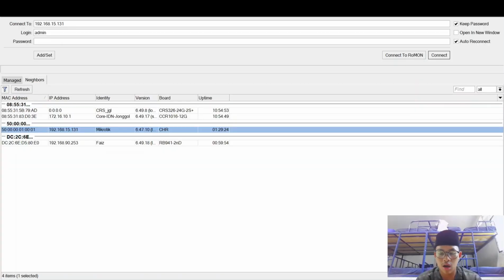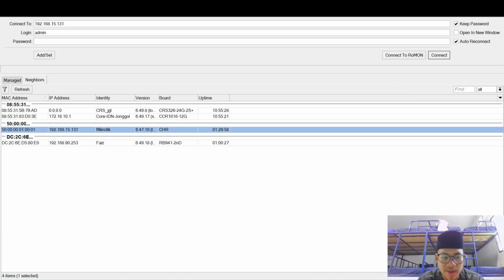Now let's open the Winbox app. Okay guys, when you open Winbox, you'll see a window with two tabs on the top, Neighbors and Manage. Then click on the Neighbors tab. This will show all the MikroTik devices that are in your network. Usually, you will see your router appear with its MAC address and IP address.